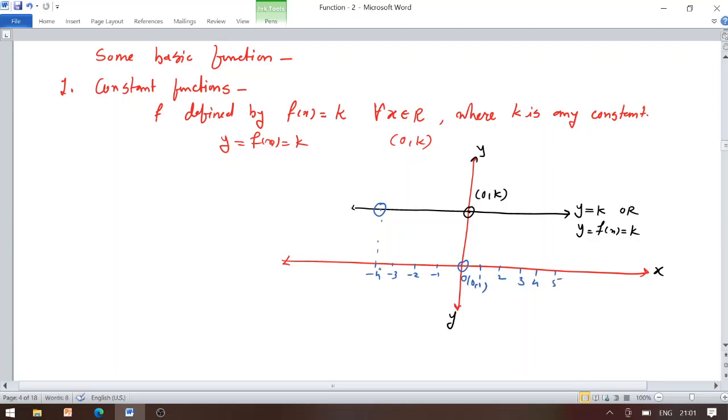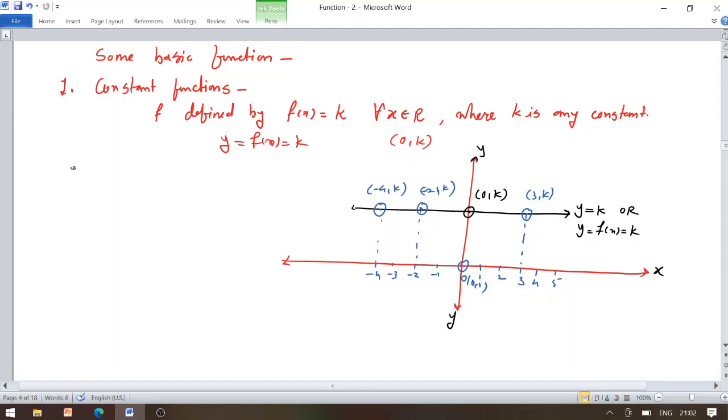So somewhere I took a point on a line, like it becomes now -4 comma k. Other point, suppose I will take -2 comma k again. Other point I would like to take as 3 comma k. So here x continuously changes while the y value remains a constant, k.